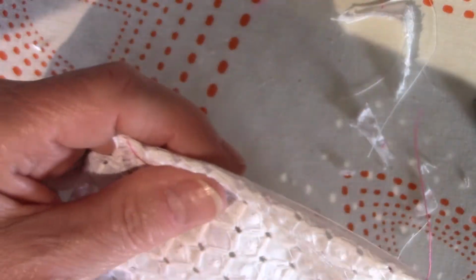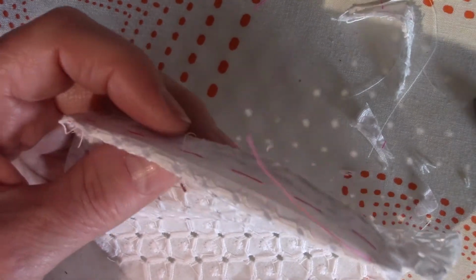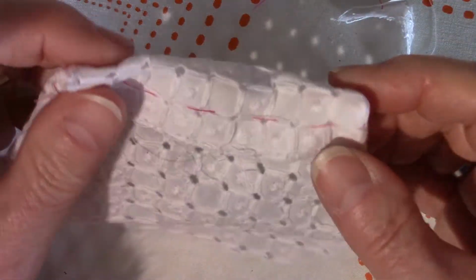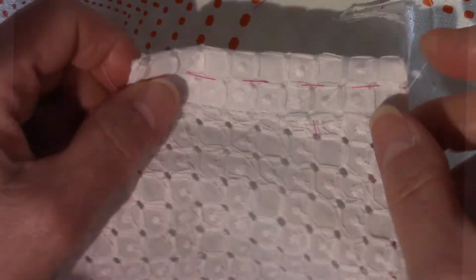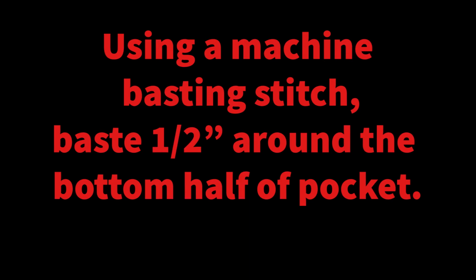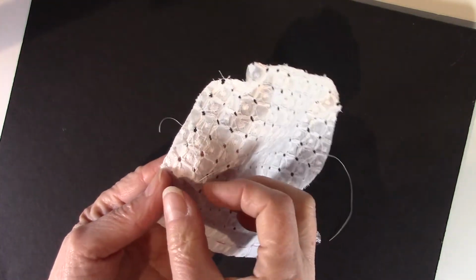And now I'm going to take the pocket, and I'm going to turn it, so that we did this with the waistband, remember? And again, this is a great place for you to use your little corner turner to mid pocket. Once I have my stitching in, then what I'm going to do is take the pocket, and I'm going